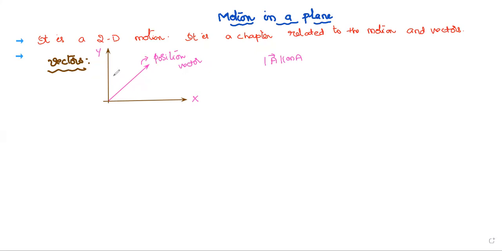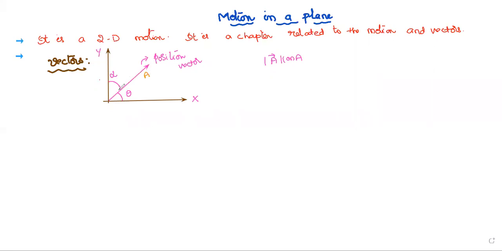Yes, exactly. So its length, suppose I take it as A without bar, or mod A bar, anyone you can put there. So this A makes some angle theta with the x-axis. The other angle, anybody can say that is 90 minus theta. Let it be alpha, I take that angle. So alpha plus theta equals 90 degrees, simply. And its magnitude is A, I'm taking here.